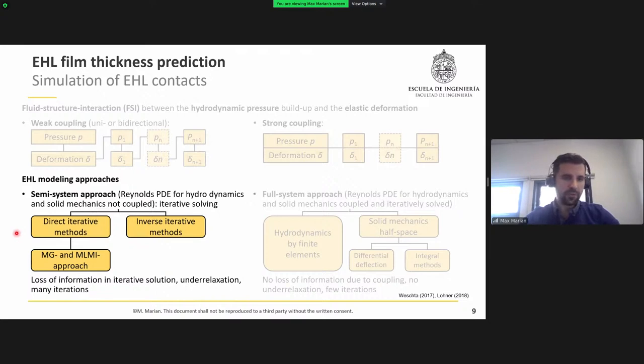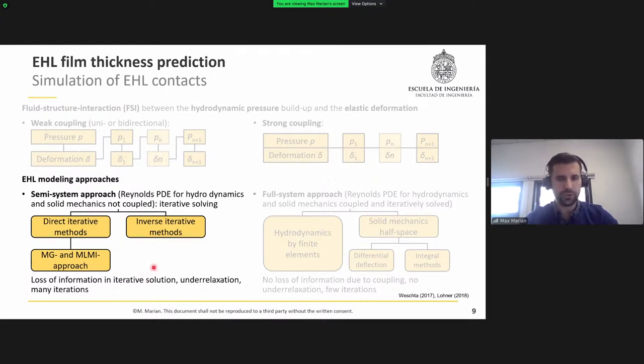Secondly, there are direct iterative methods which solve the Reynolds equations for the pressure, and the multi-grid, or MG for short, method accelerated these kinds of algorithms. Also, the introduction of the multi-level multi-integration, or MLMI for short, method, as well as some relaxation procedures, allowed us to calculate these kinds of contacts at higher pressures. And with these approaches, we also have to mention the names of Venner and Lubrecht, who did some pioneering work